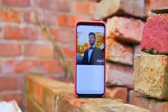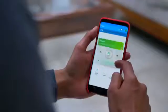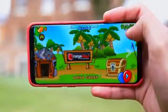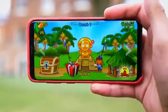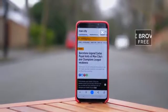It's been a long time coming, but Android applications are finally back, and in this episode we have some of the best applications you've seen in 2018. And as always, I'm going to save my personal favourites till the end, so watch out for those, and let's get started. The first app is a browser, and it's called Cake,